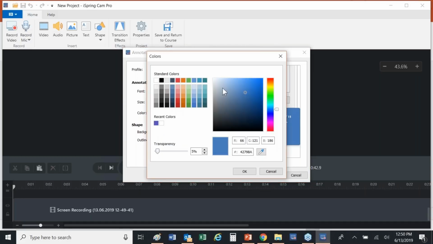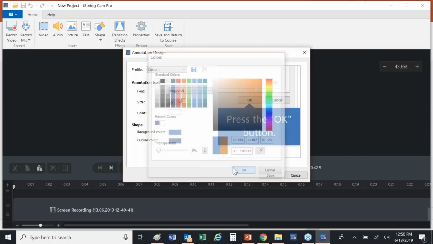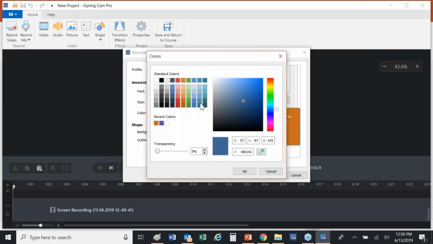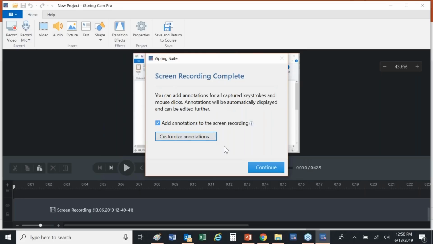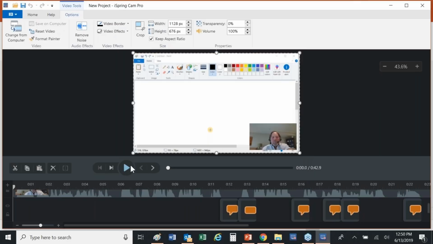Maybe I don't like the background color and I need the background color to be more orangish or more, I don't know. You can choose whatever you want, and I'm probably doing a horrible job at colors. Not my strong suit, I have to admit. So I can go ahead and customize those annotations, click on continue, and you'll notice when I go through,